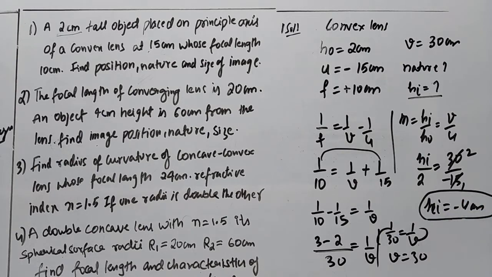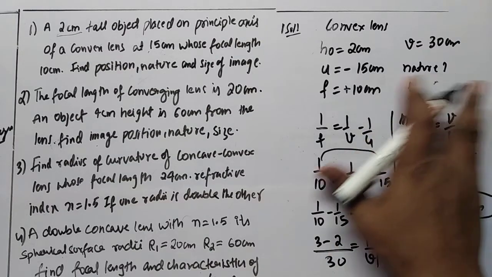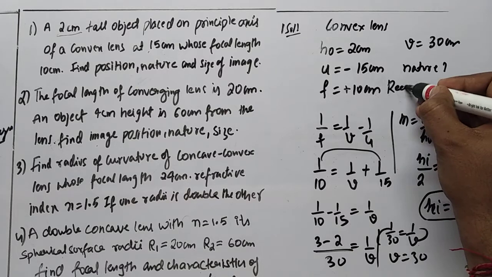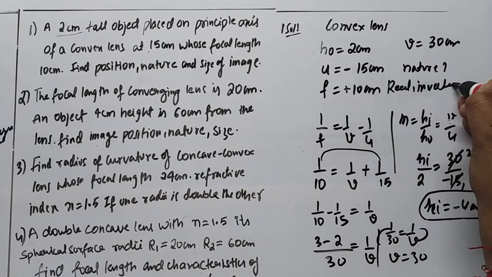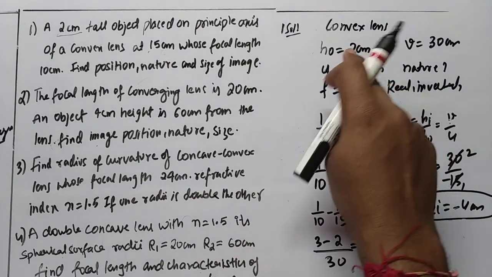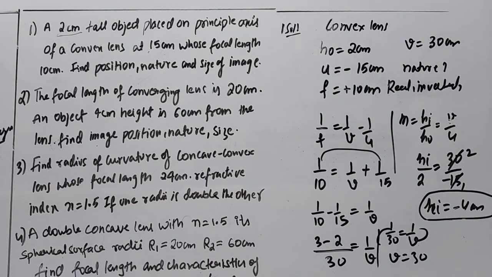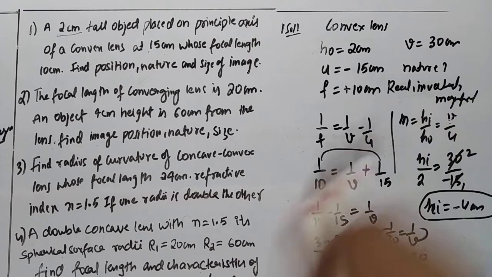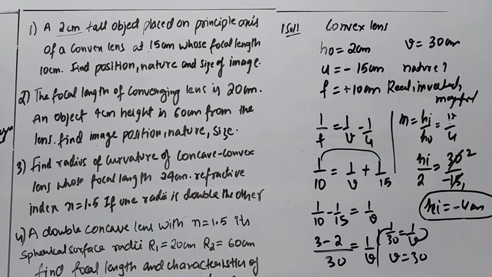The height we got is 4 and the object is 2. Okay, so the object is 2 centimeter and the height we got is 4, so the height is double. So what is the nature you need to write? The height of the image we got is 4 centimeter. Whenever we have a negative, the negative indicates it is real, inverted, and you can say magnified, right? It is 2 and then 4. Since the height has increased, a real, inverted and magnified image is found. Okay, so this is the solution for the first question.